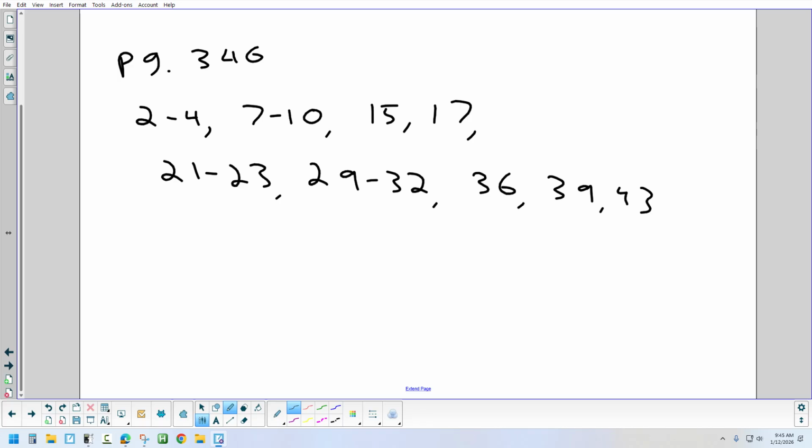All right, so that's homework for tonight on page 346. We will take a look at that first thing tomorrow, and then we will look at section 6.4, which is all the other trig functions. We don't go into as much depth graphing the other trig functions. Okay, so we'll take kind of a quick look at